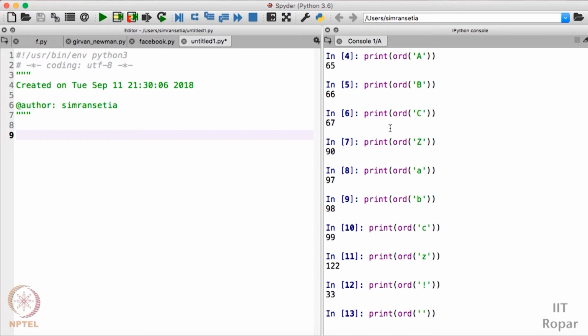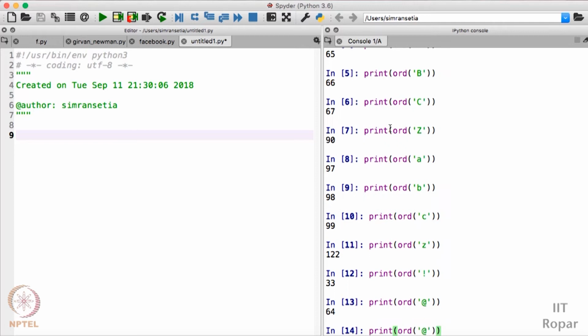Now let us check for @, it is 64, and for % sign it is 37, for dollar it is 36, for hashtag it is 35. So this is how you can find the ASCII values of a particular character and some special symbols too. So I'll advise you to cross check with the table that we have given in the previous video.